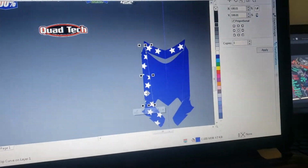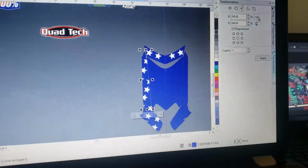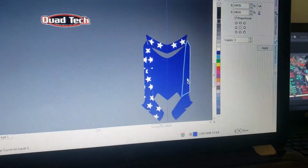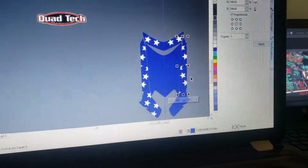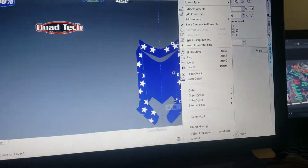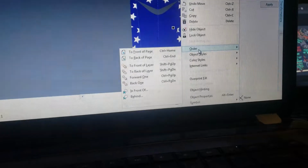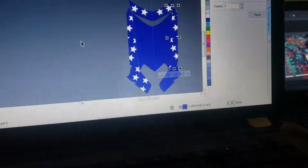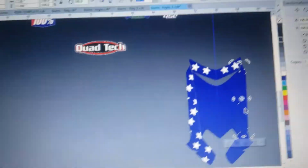You can take this piece, because that's symmetrical to this, just do the same thing, mirror, and it's already clicked, you want to do it, and apply. And just make sure when you place it directly over what's there. And at this point, the way I did it is I sent this piece right here that you just copied down all the way to the back of layer, which was shift and page down. Okay, so I'm going to press it on the keyboard now. Shift page down, and that brings you to